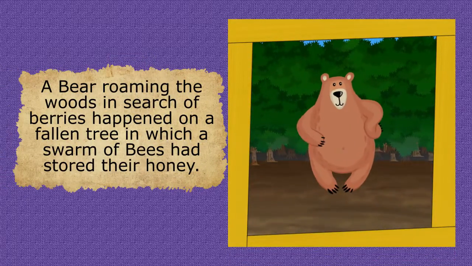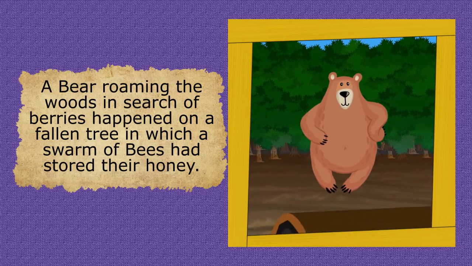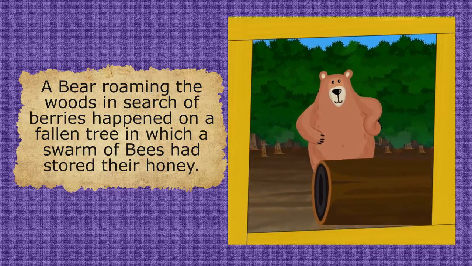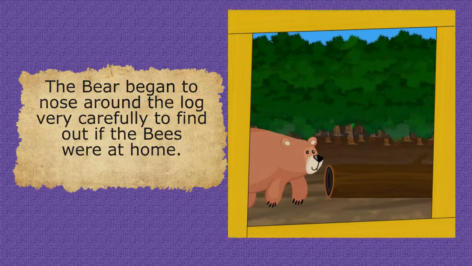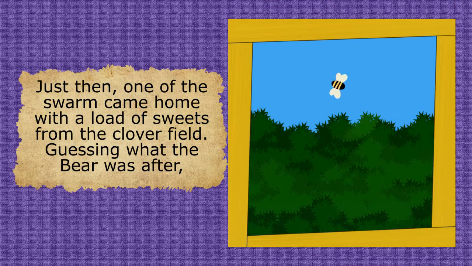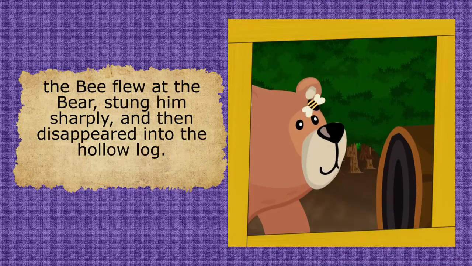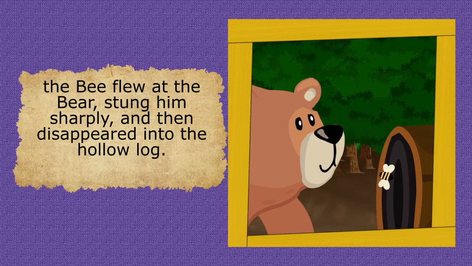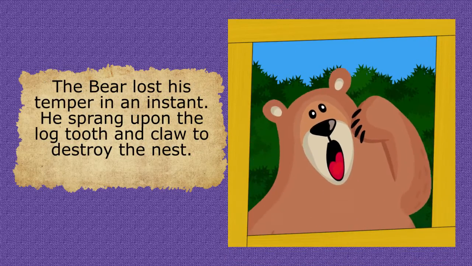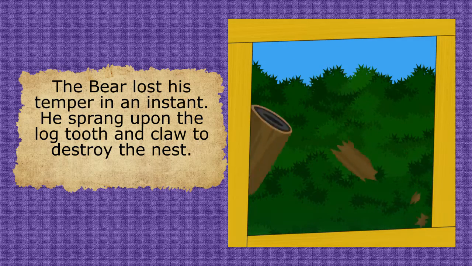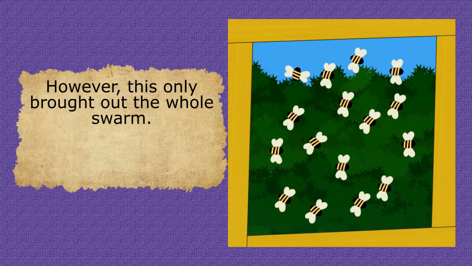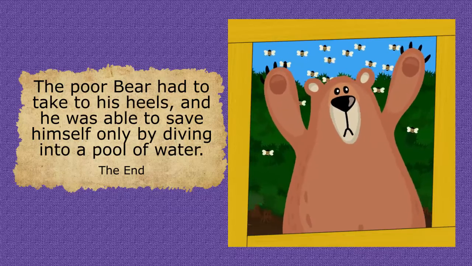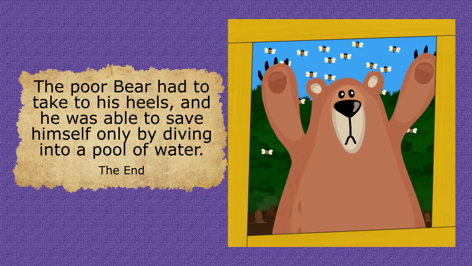A bear roaming the woods in search of berries happened on a fallen tree in which a swarm of bees had stored their honey. The bear began to nose around the log very carefully to find out if the bees were at home. Just then, one of the swarm came home with a load of sweets from the clover field. Guessing what the bear was after, the bee flew at the bear, stung him sharply, and then disappeared into the hollow log. The bear lost his temper in an instant. He sprang upon the log, tooth and claw, to destroy the nest. However, this only brought out the whole swarm. The poor bear had to take to his heels, and he was able to save himself only by diving into